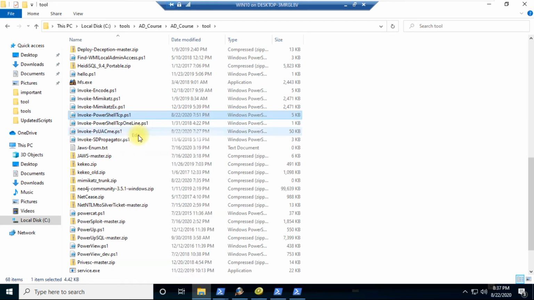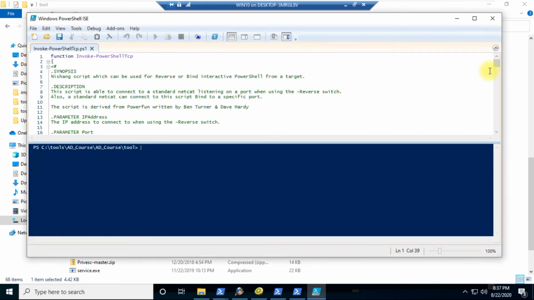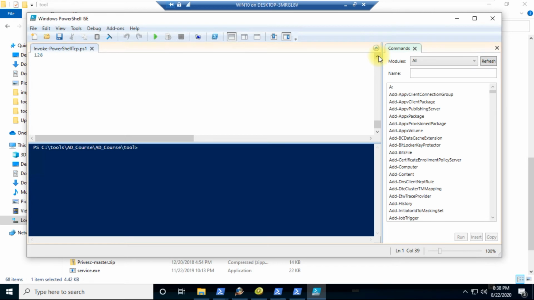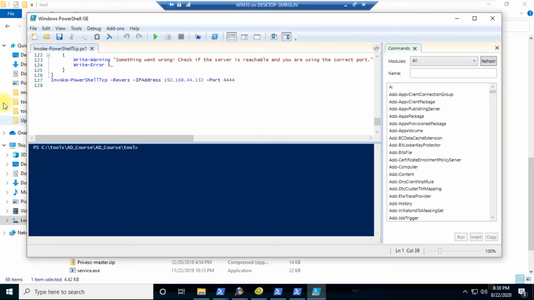We have to customize this script as per our IP address, where we try to get it executed. I have already put in the IP address of my system and the port; any port you can mention over here as per your need, wherever you are running your PowerCat.